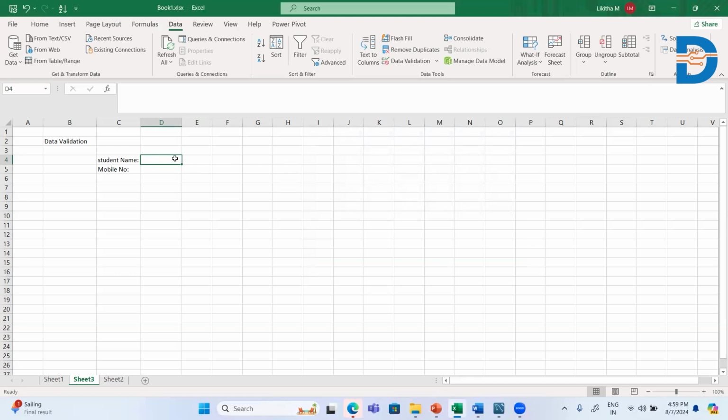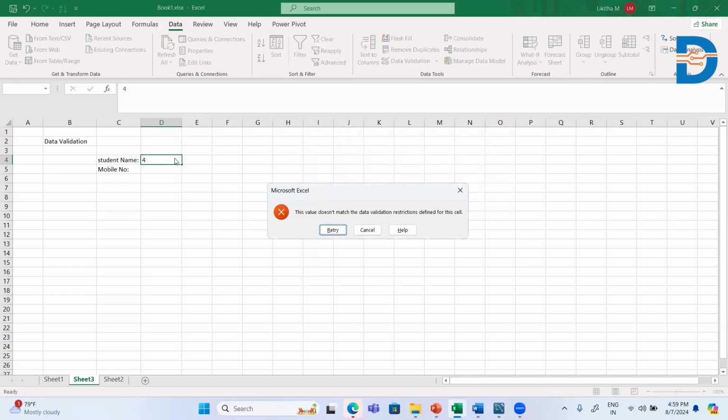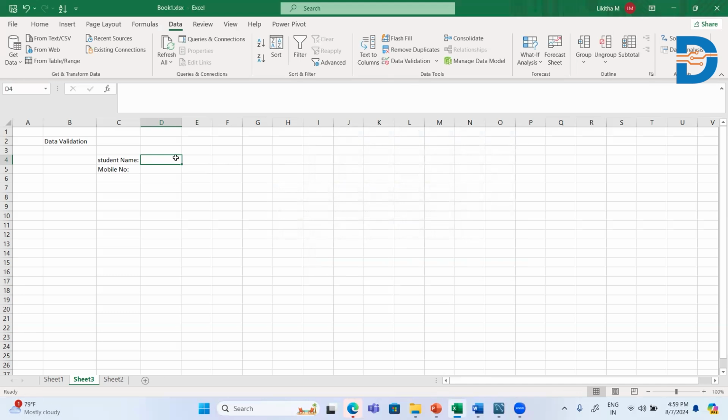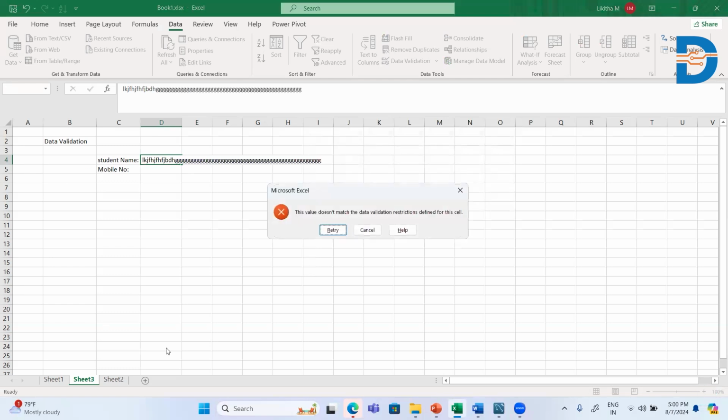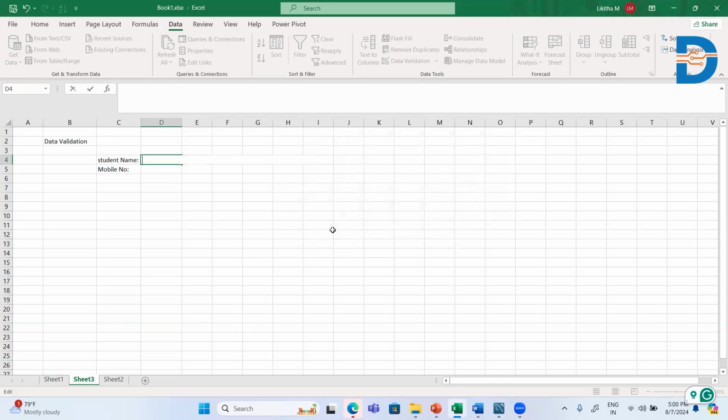After clicking OK, I'll enter a number. I am getting a warning: this value does not match the data validation. Why? Because I gave the text length. If I enter a name, it's accepting. Or if I enter a name which is greater than 25 characters, again I'm getting a warning that this value does not match, because the maximum length I gave is 25. So if it is greater than 25, it will throw a warning. So let me give the name